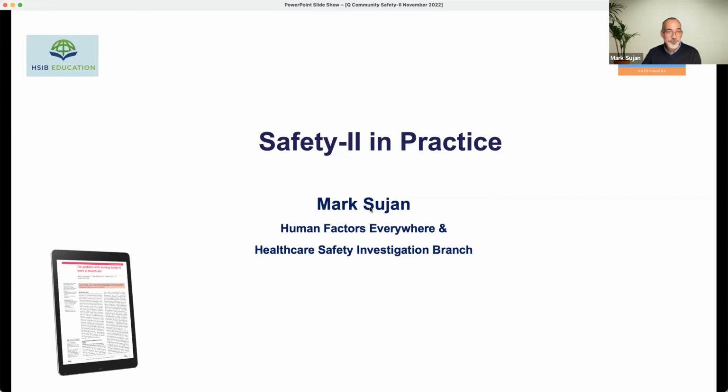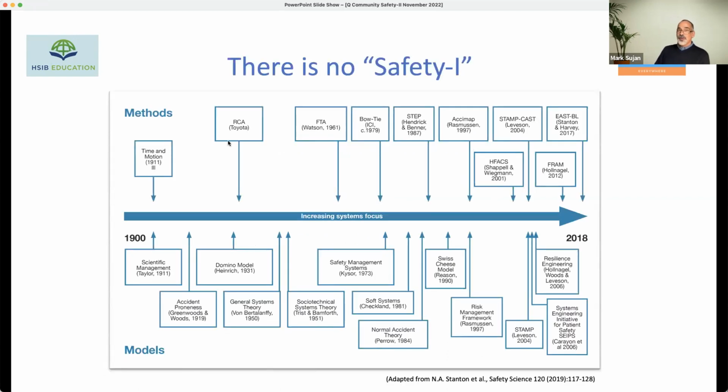So that's me. And I would like to start with Safety 1, ironically, in a way, because this is not a sales pitch for Safety 2. It's more a critical look to see what is it about this concept and where does it come from? How does it relate to other theories and methods and tools available? And so while there is Safety 2, I would argue there is actually no Safety 1 as such. And I've used this figure here from Neville Stanton and adapted it very slightly. But what we can see is over,